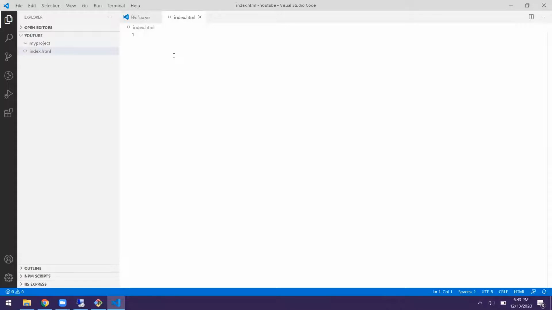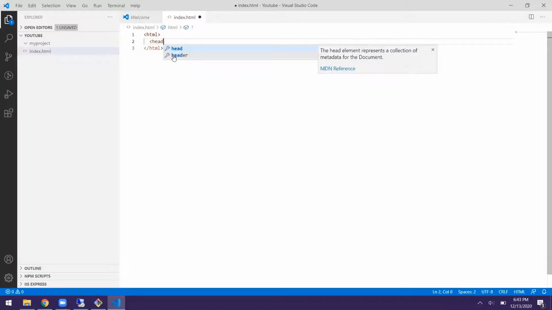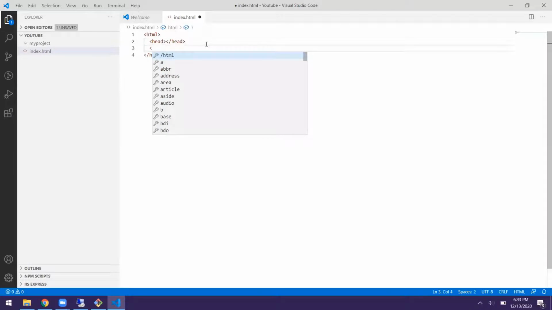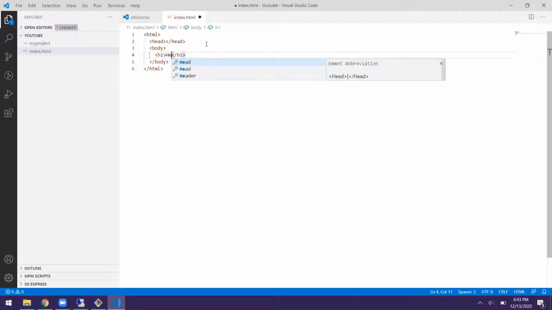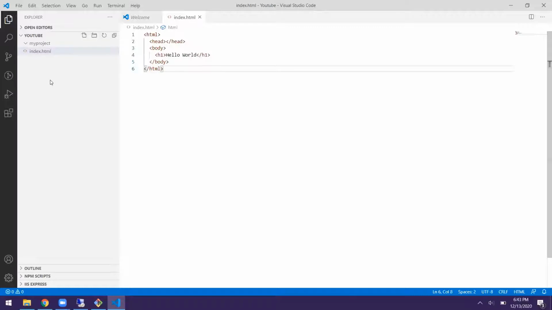For that matter, I'm adding HTML and some code here, a basic HTML page. All right, so this is my project which just has one file, which is index.html, and I want to source